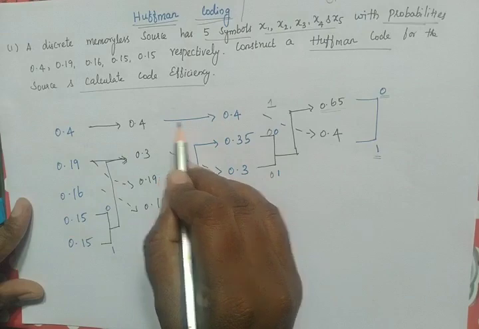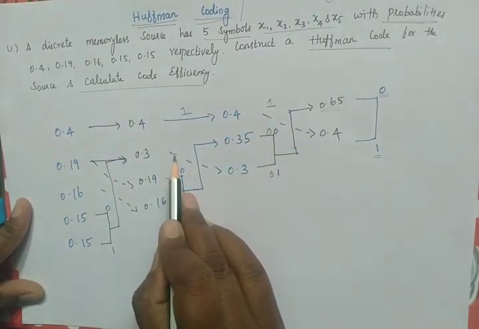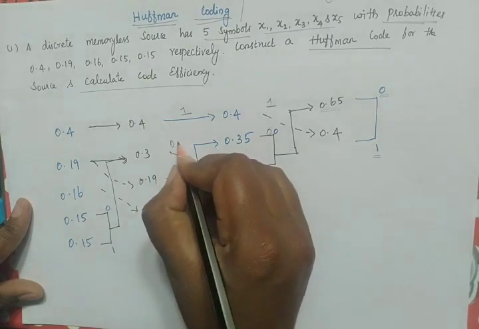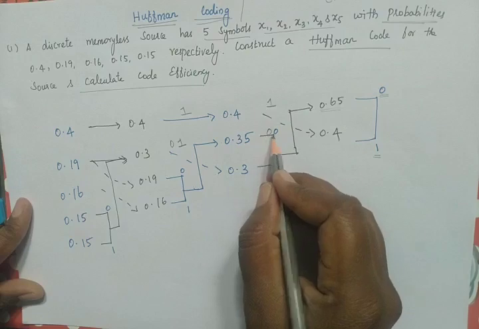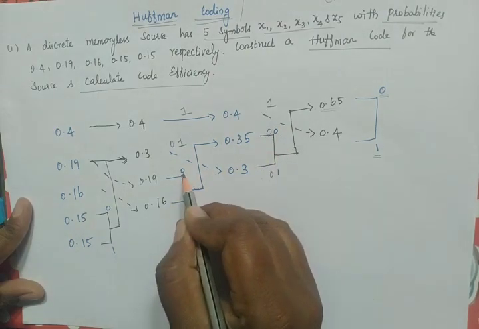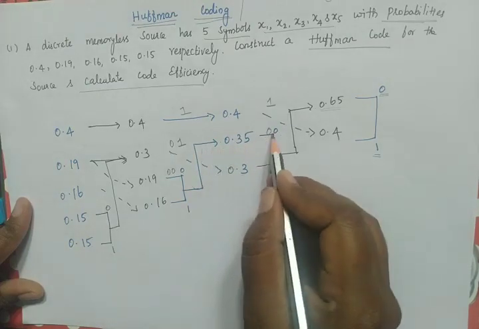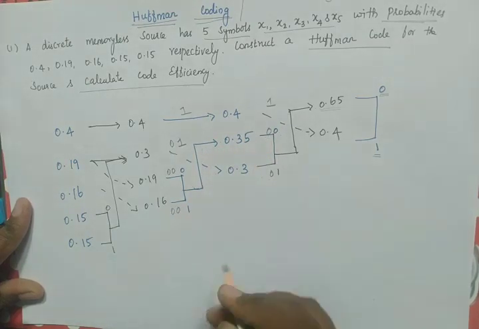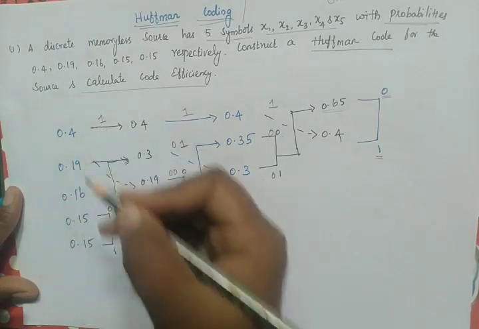That's it. Now check this arrow mark. So here we have 1. And now check this arrow mark. Here we have 0, 1. Now check this arrow mark. Here it is 0, 0. So we have to place that 0, 0 before this 0. And we have to place this 0, 0 before this 1. So that is 0, 0, 1. Again, now here we have 1.